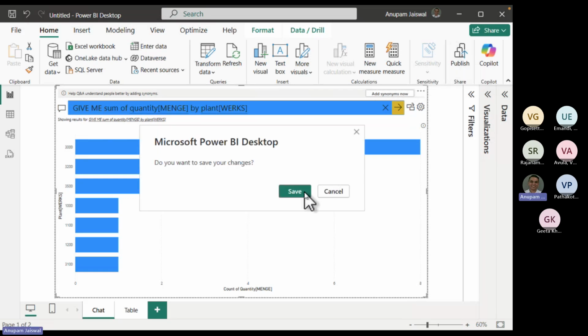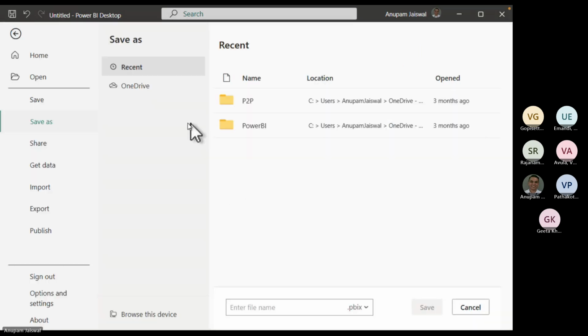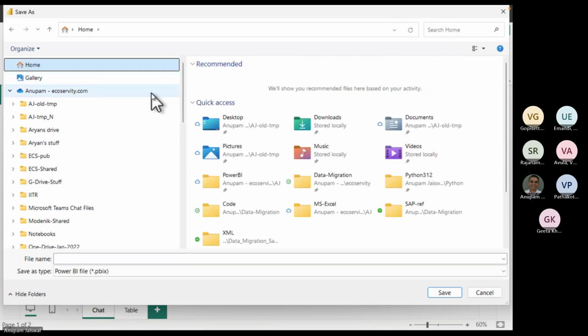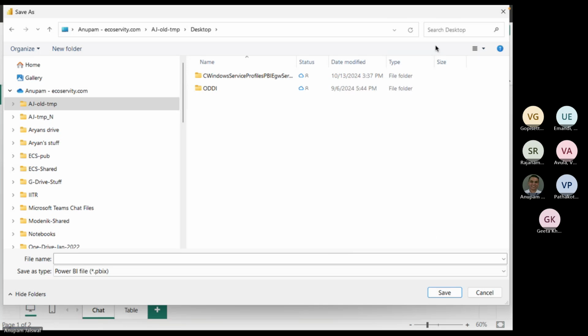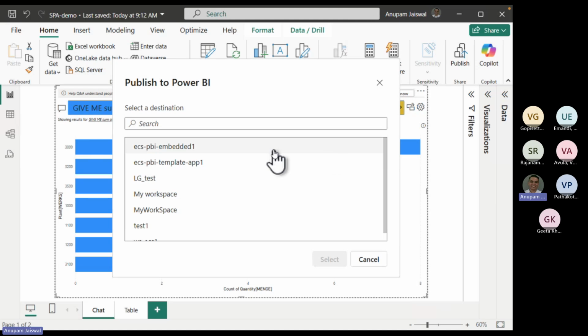Once you publish this, I can save this. And then when I publish this, it goes and publishes this on a portal, which